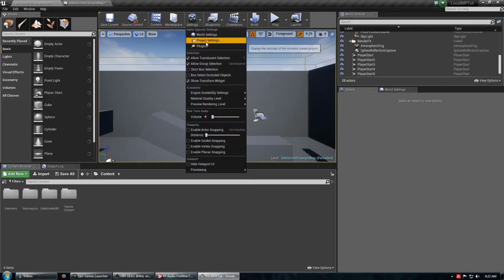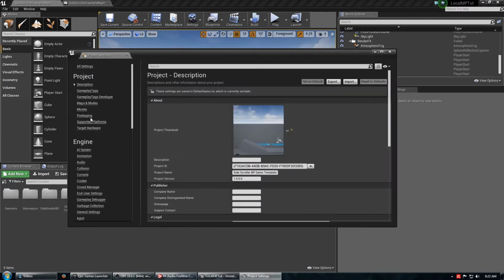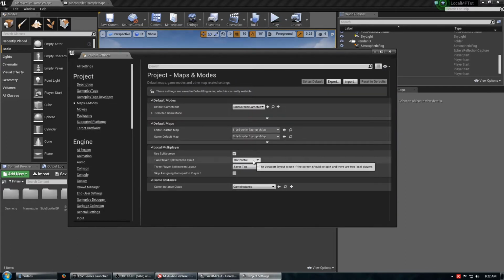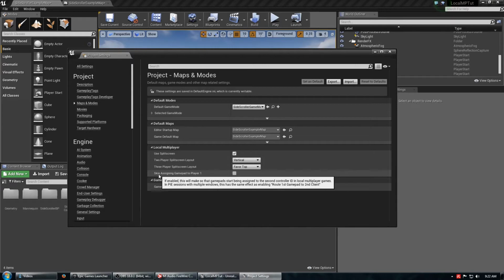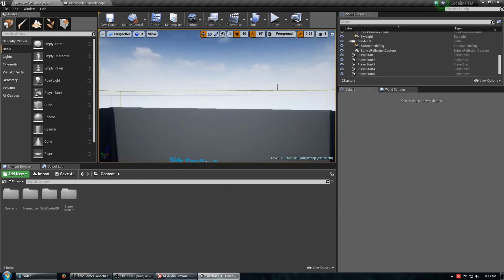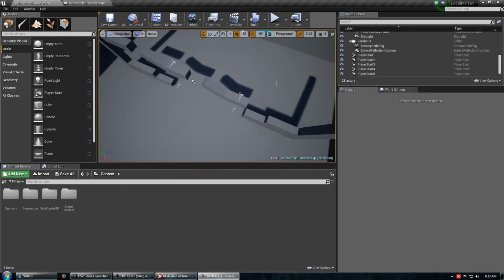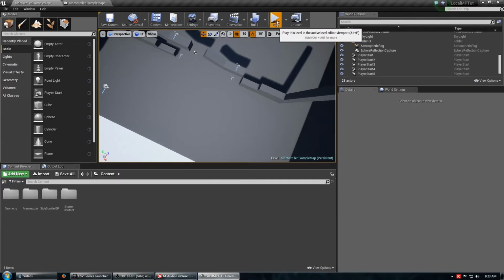You can go into settings, project settings, maps and modes. Let's make this split vertical. This is just going to split the screen vertically instead of horizontally. Now you see an option here in 4.15. I'm not sure when they introduced this. Skip assigning gamepad to player 1. Now this kind of sounds like it's going to fix the problem. Whoops, controller's freaking out a bit. There we go. Cool. So if you play now,